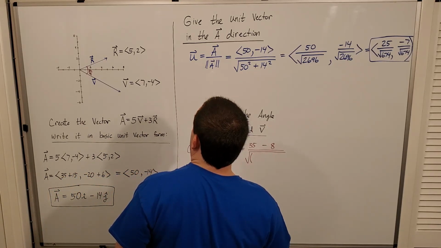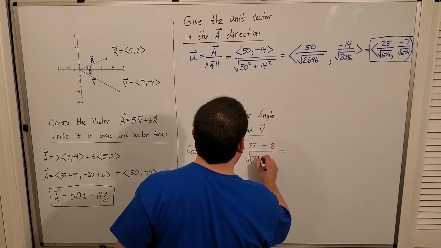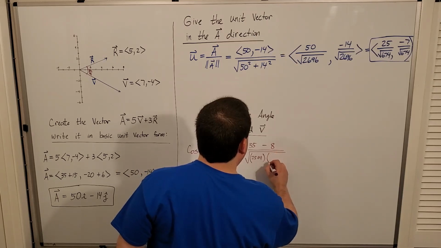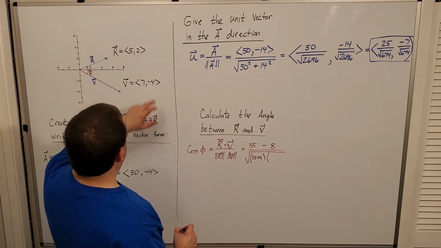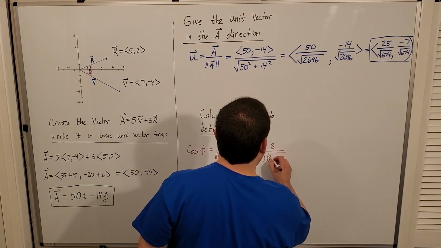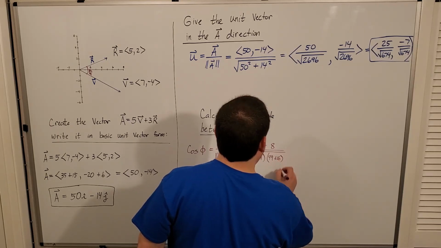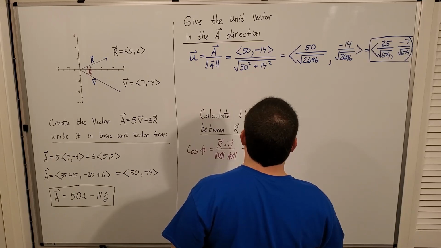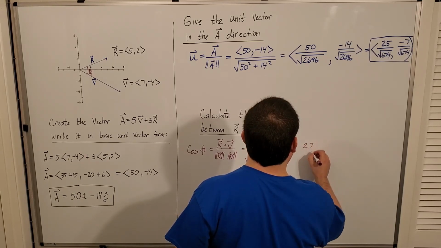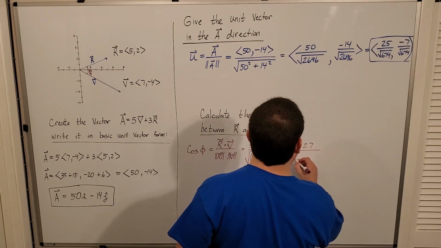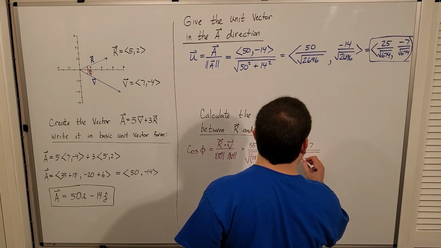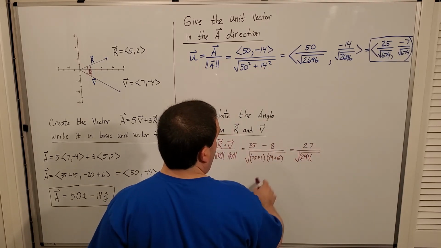R is going to be 25 plus 4, because I'm squaring those components, times 49 and 16, like so. Okay, so 27 divided by the square root of 29 times